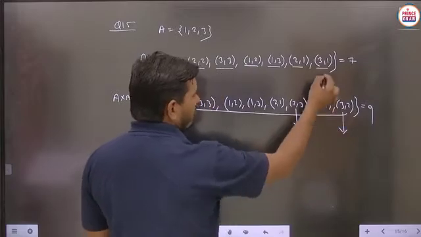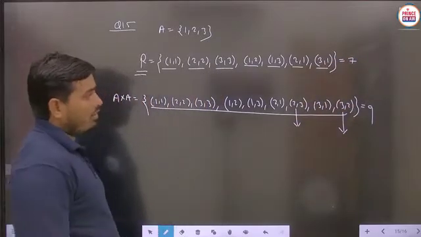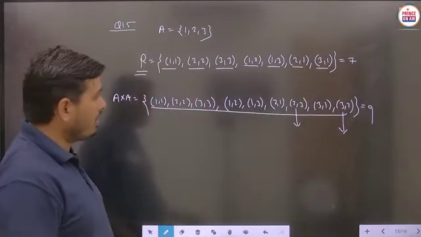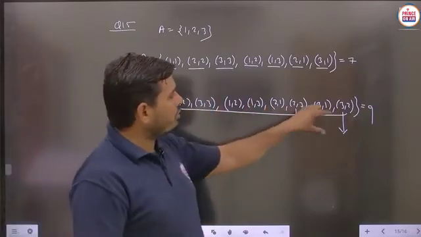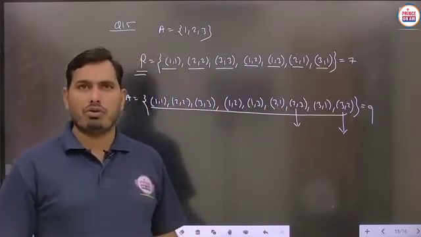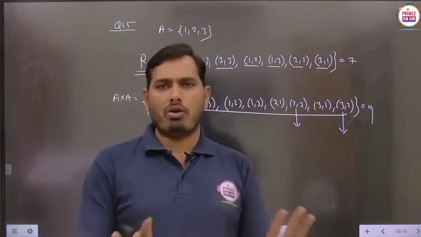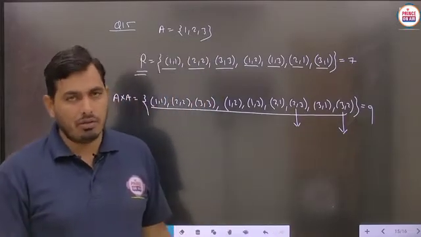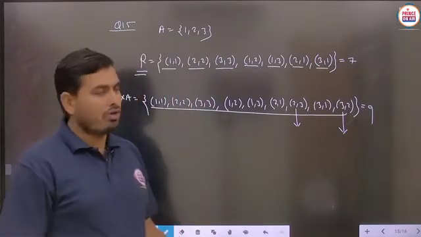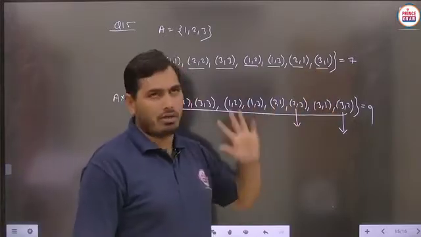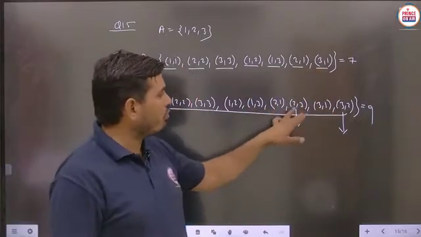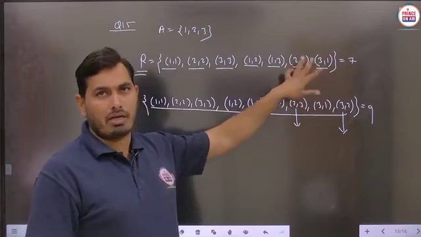Suppose we write 2 3, then 3 2 will also have to be written, and if both 2 3 and 3 2 are written, then this is the universal relation, and the universal relation is always reflexive, symmetric and transitive. So you cannot take 2 3 and 3 2 here. Is it clear? Because only 2 3 you cannot take, since it would then have to be a symmetric relation.